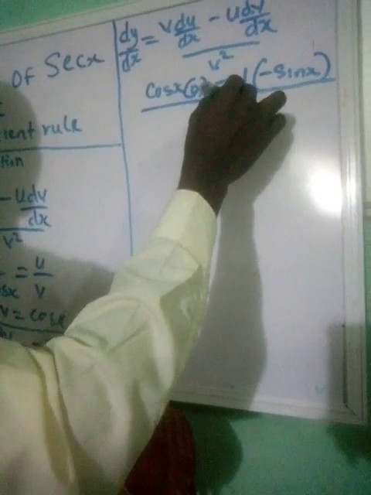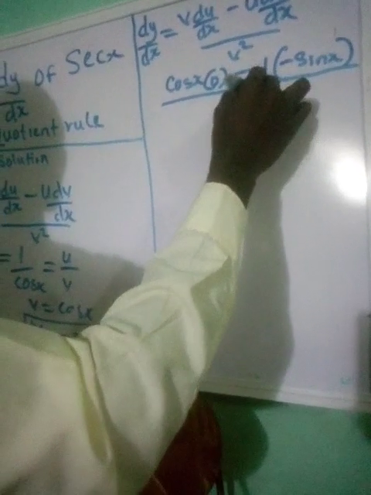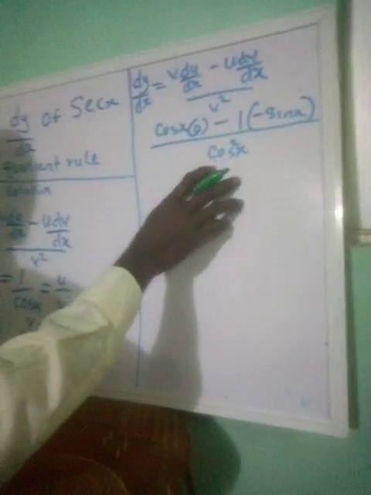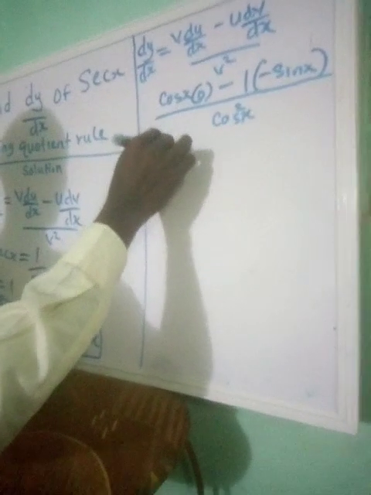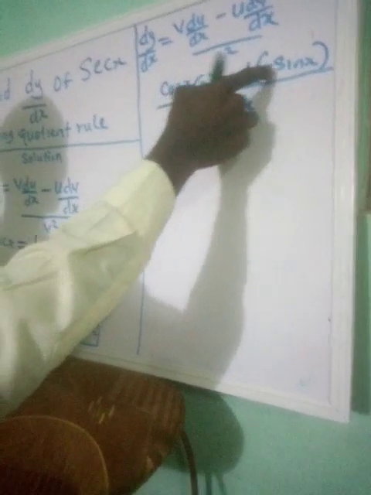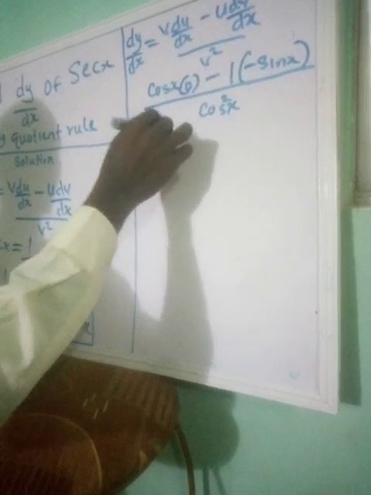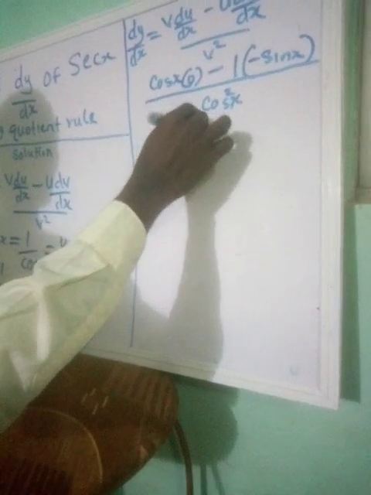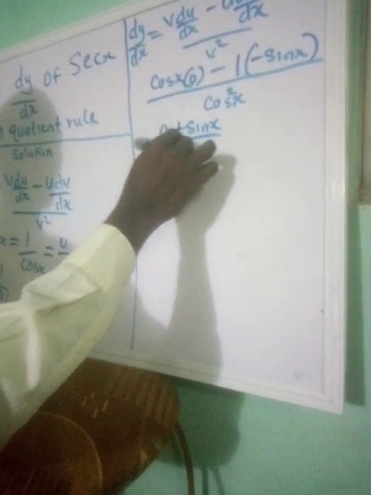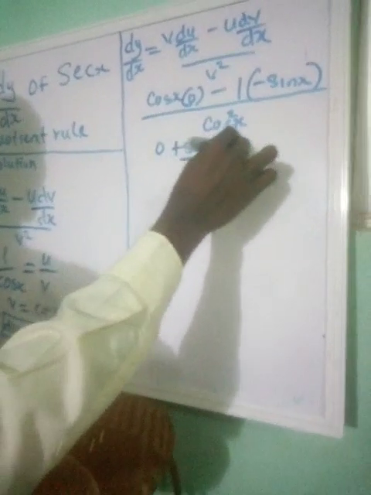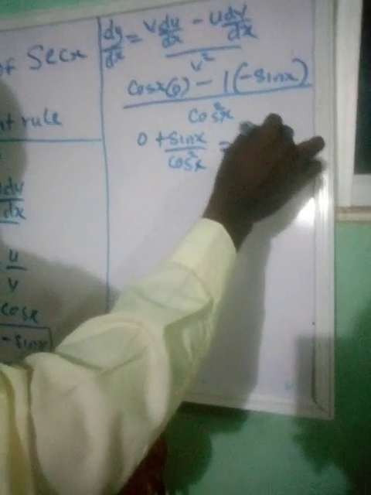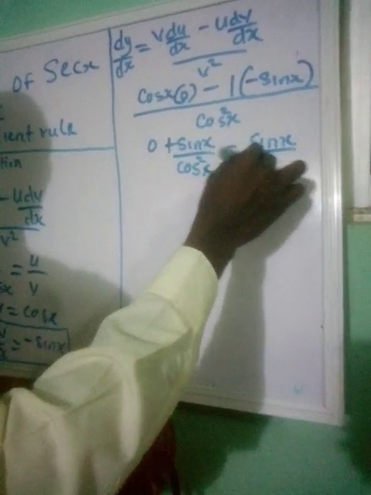cos x squared, because our v is cos x. So all we need to do now: cos x times 0 will give us 0, then minus 1 times minus sin x will give us plus sin x all over cos squared x,